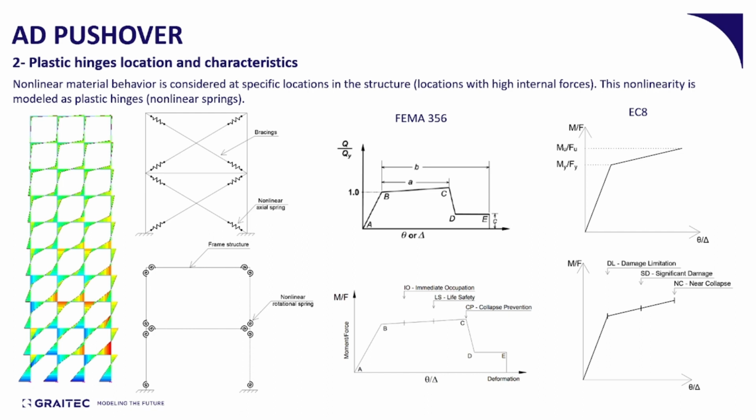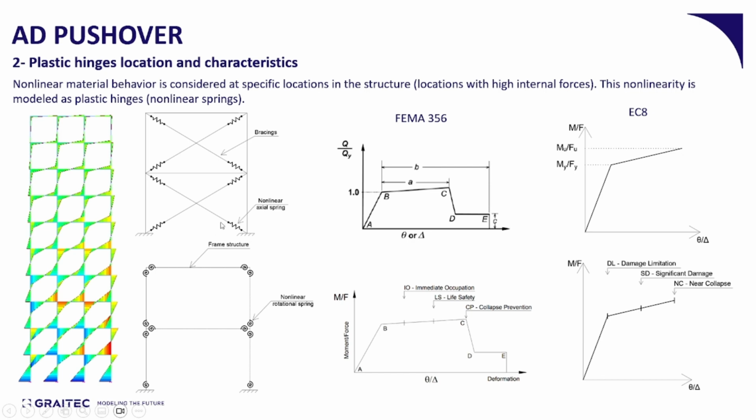And we define the areas that we think that those plastic hinges will appear. Most of the time, the plastic hinges will appear on the ends of the structural elements. So we need to define at the ends of the beams and the columns the plastic hinges. In this case, they are rotational springs, but in case, for example, of the bracing, they can be axial,